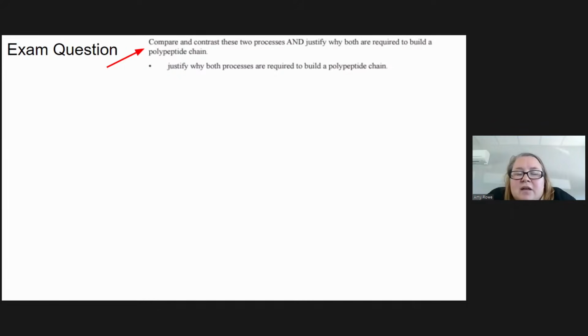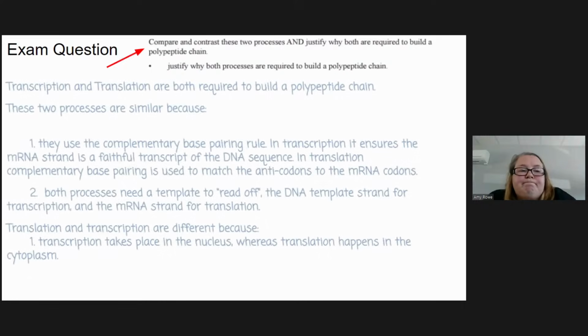So I think in last year's exam, lots of people went through to this fourth bullet point, justifying why both processes are required, but they forgot about the main point of the question, which was to compare and contrast translation and transcription. So it's a good tip when you're answering exam questions and you're using those bullet points, after you think you have finished writing your answer and you've addressed all of the bullet points, return and reread the question and make sure there's nothing extra there that you needed to do for your answer before you move on to the next question. All right,